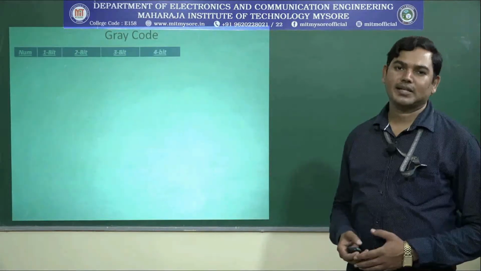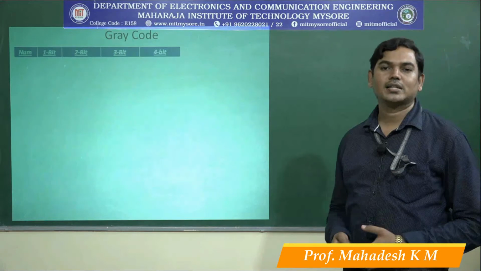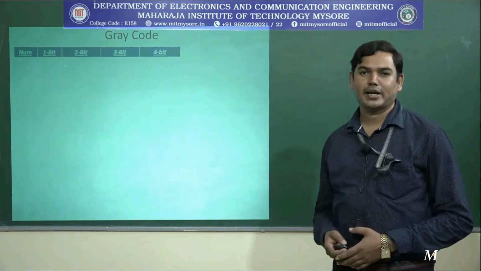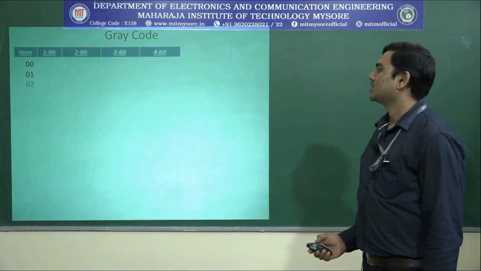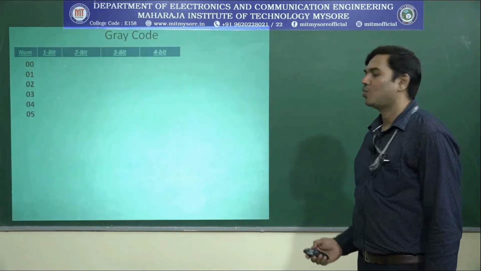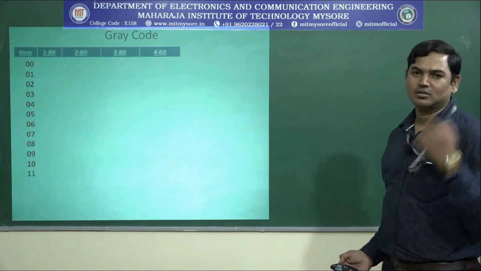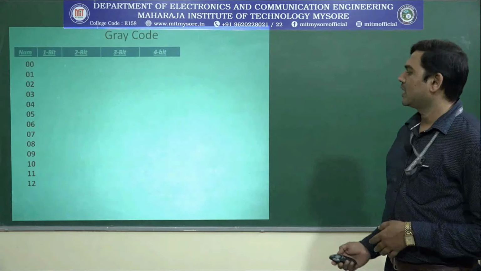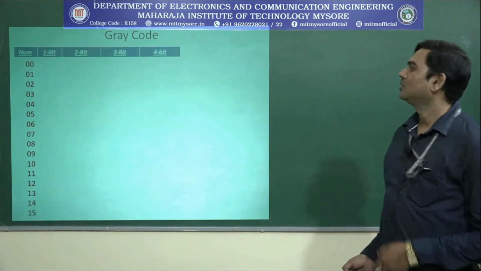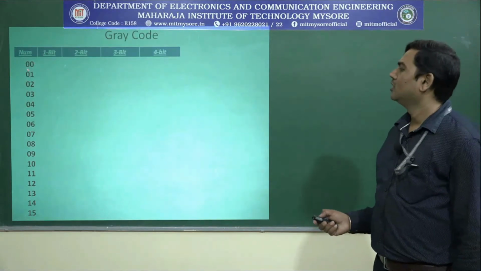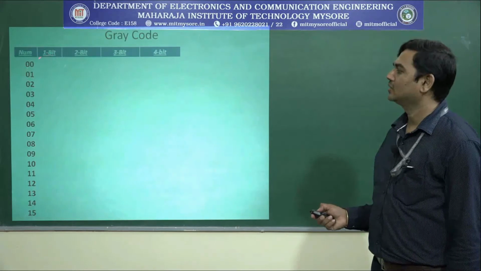Let us carry out a simple exercise. It will be fun, and we will try to understand what is meant by gray code. Let us start writing numbers on one side, starting from 0. You can go on till you get tired, but I will stop at 15. Now, try to represent this data in 1 bit.